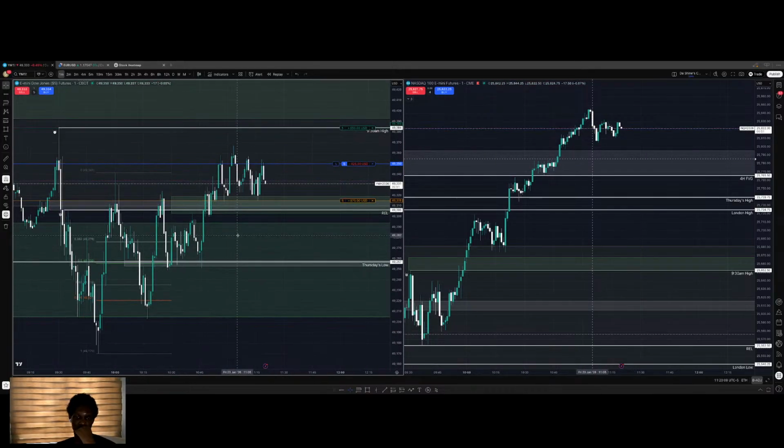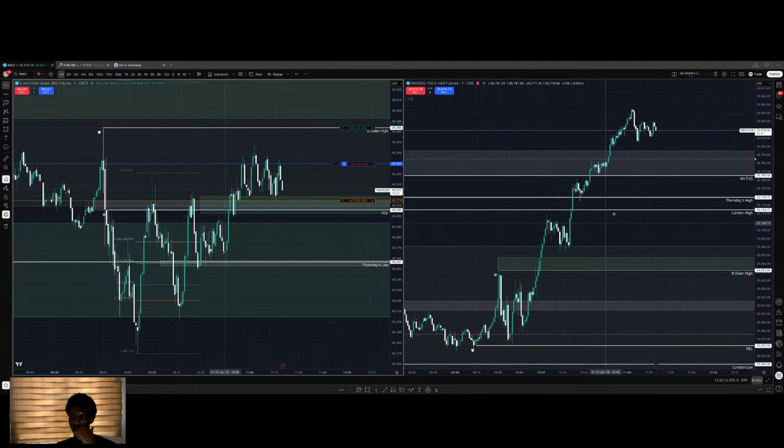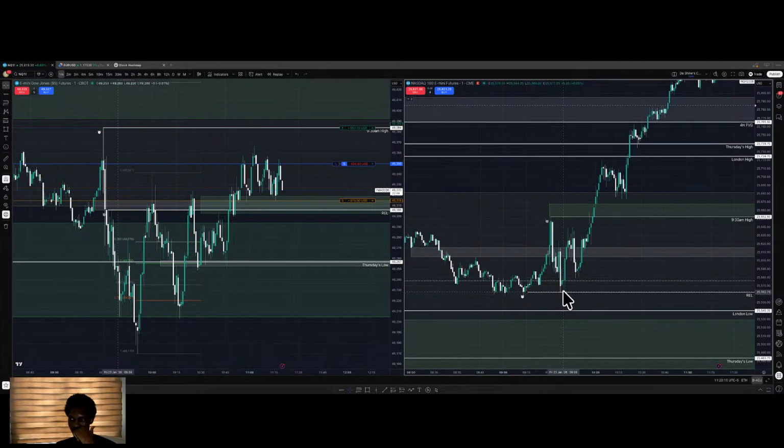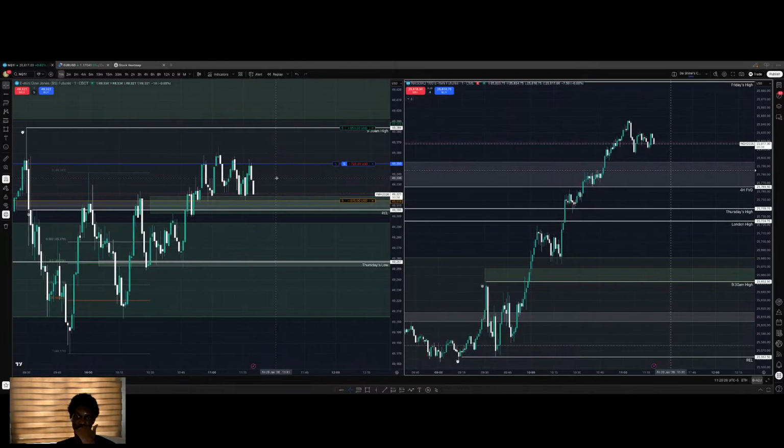That's all right. Not a bad price action today. I mean, NQ was the best, but equal lows, I could not take this. If not for that, this would have been a perfect trade for the London high. That's all right. About to get stopped again.